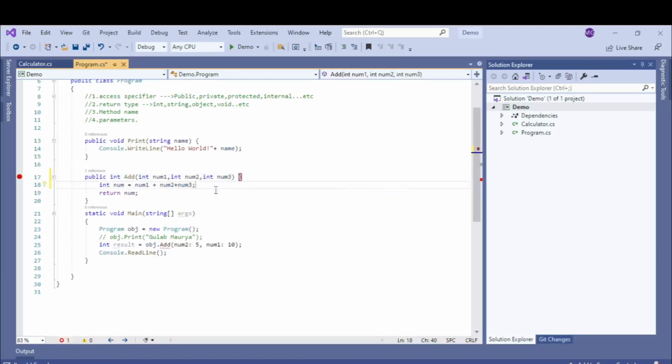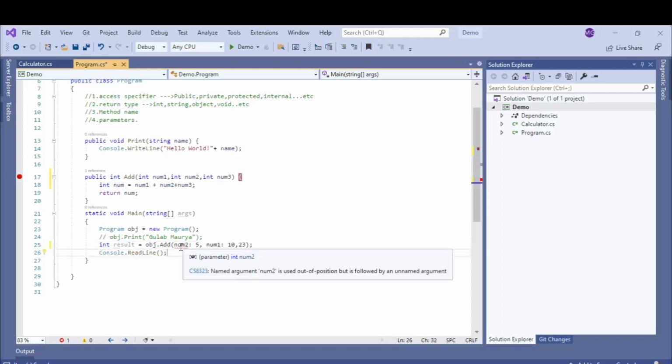Normally we can add it at the end of the argument list and pass the data like this, but it will give me an error because it says named argument num2 is used out of position, but it is followed by an unnamed argument. We must follow the same order in which the parameters are specified, like this. I'm using it like this. Now it should work. Yeah, the error has gone. Now we can debug that out.